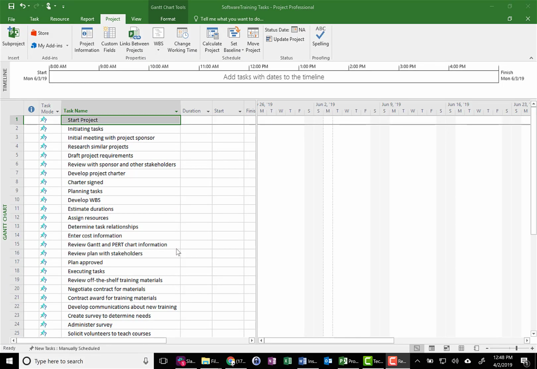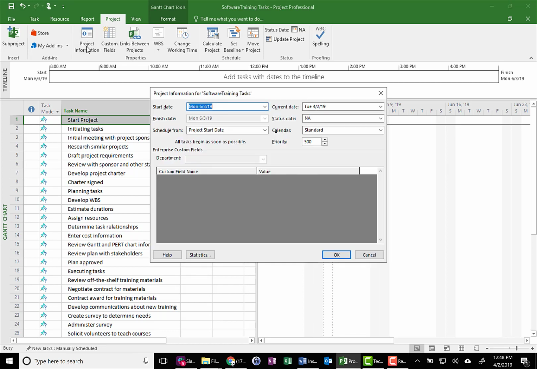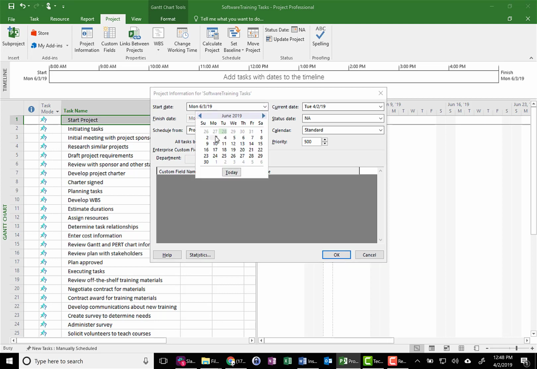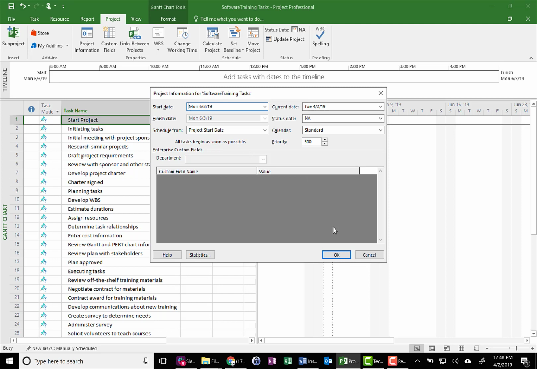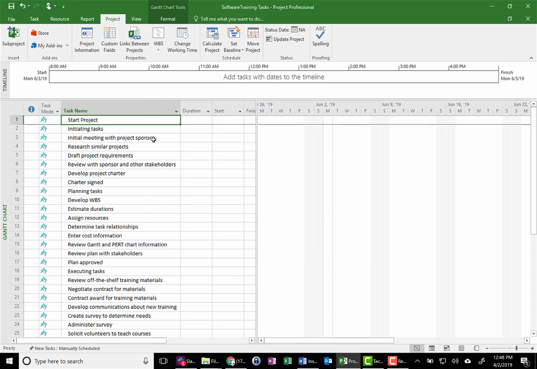This video is going to show you how to update the project tasks that you have already put into Microsoft Project and complete the rest of this project. To start off with, we're going to go to the Project menu option, the Project Information submenu process. We're going to change the date and make it June 3rd, 2019. That will ensure that our project start date is set to start on that date, and all calculations will be